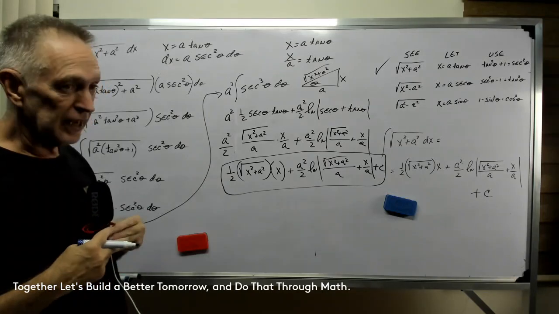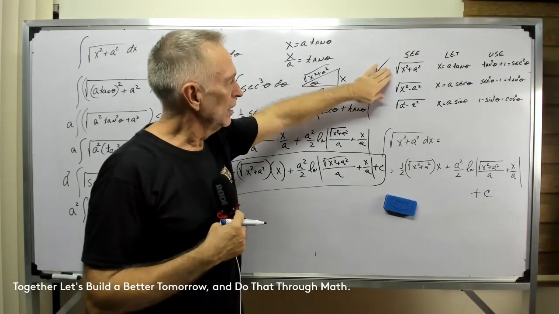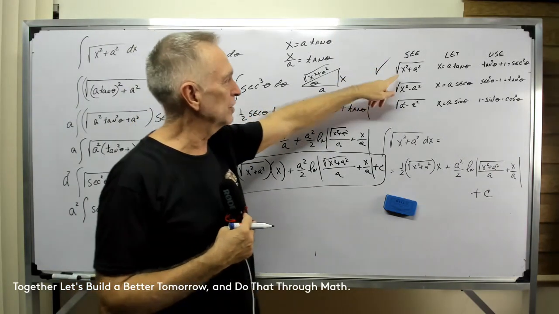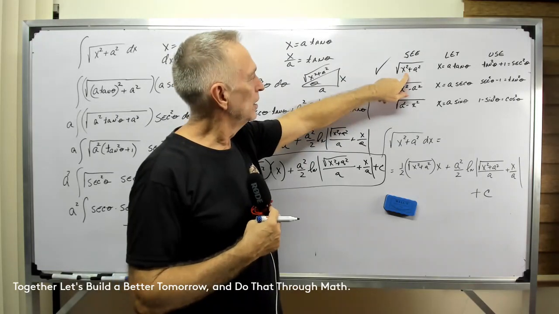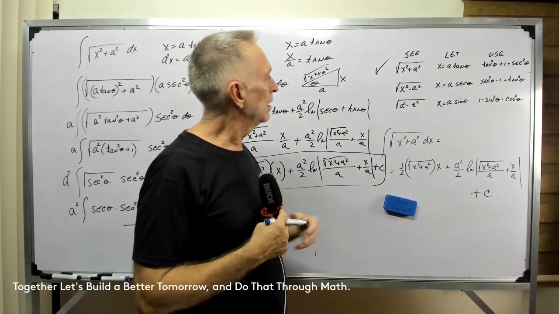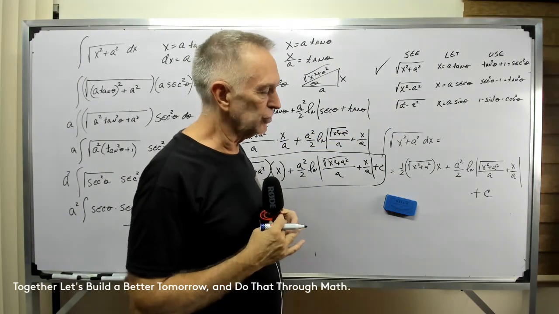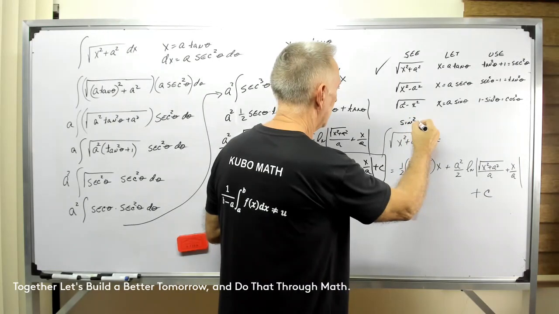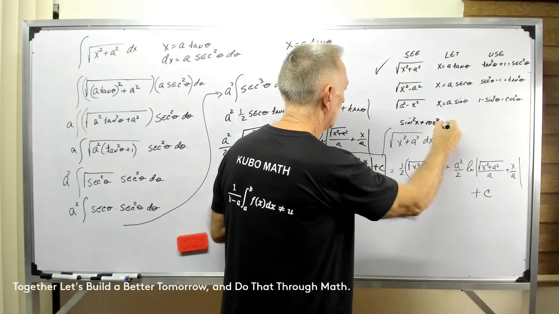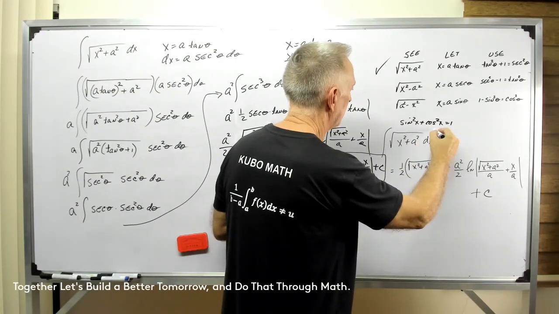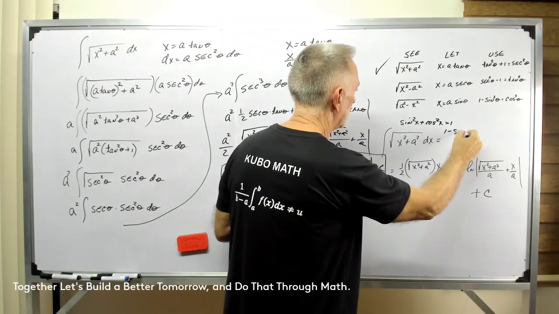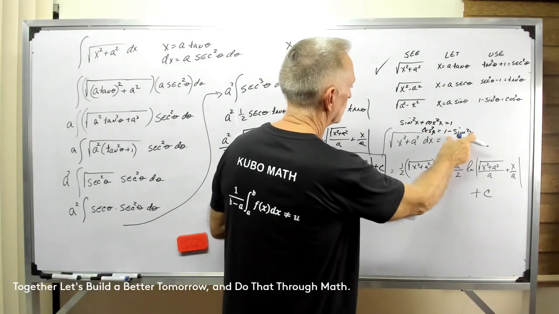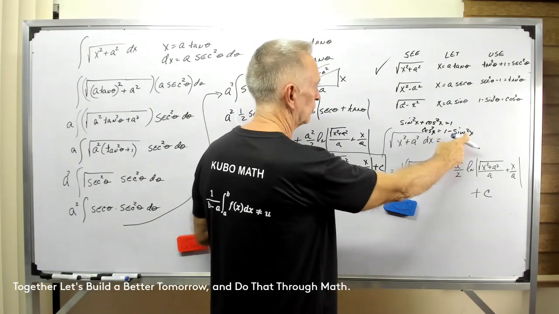Okay, the table is critical. Either commit that to memory, and I would highly encourage you to do that, because when you look at these formulas, if you had sine squared plus cosine squared equals 1. Let's just say we have that. Sine squared x plus cosine squared x equals 1. Well, what does that mean? Well, 1 minus sine squared x equals cosine squared x. So if I have some constant minus some x squared,